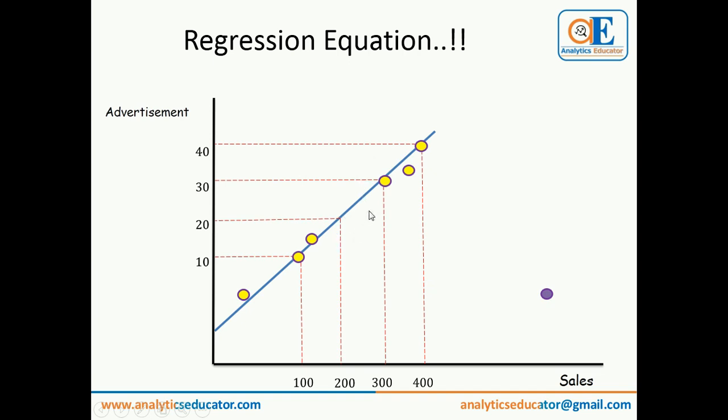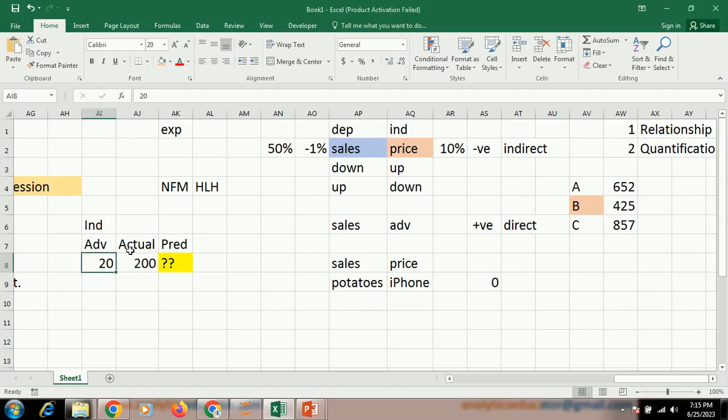It's very simple. This is y hat equals b0 plus b1x plus e (epsilon). So what are these things? We'll understand. What is y? Y is the actual data point, the actual value of sales. We usually denote them with y. And the predicted sales, what we are going to predict, we denote it with y hat. And the independent variable, advertisement, we call it x, the independent variable.